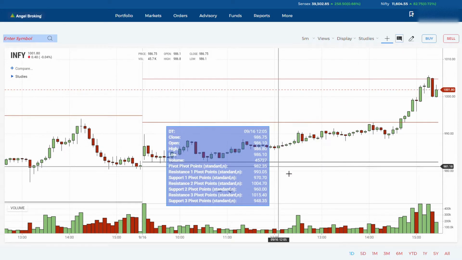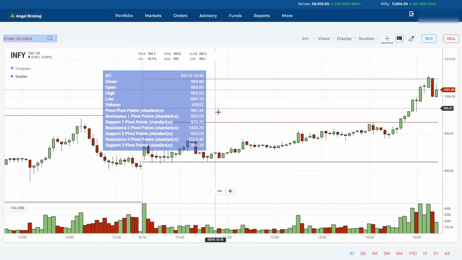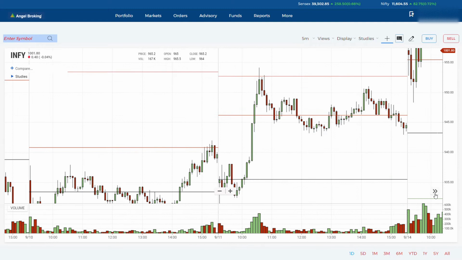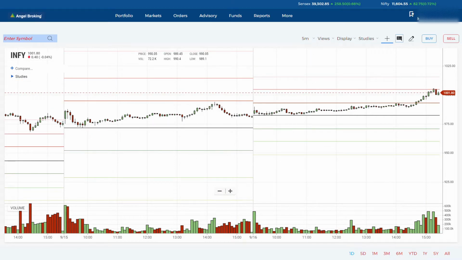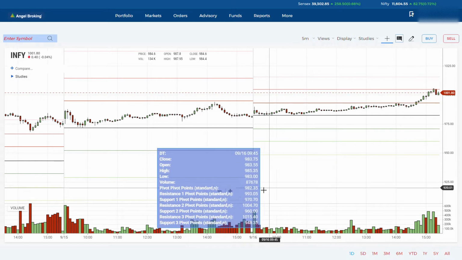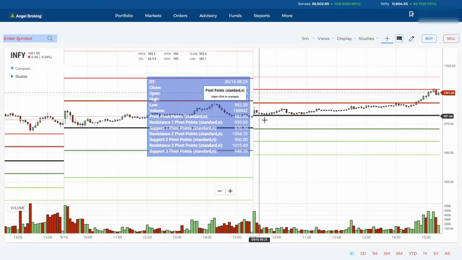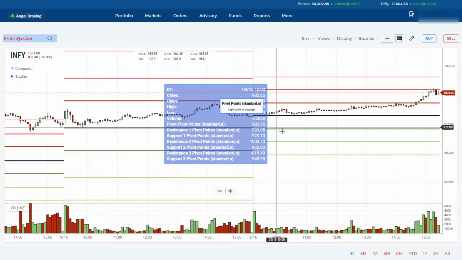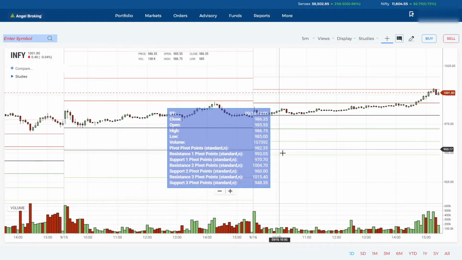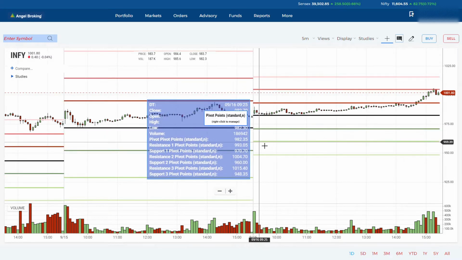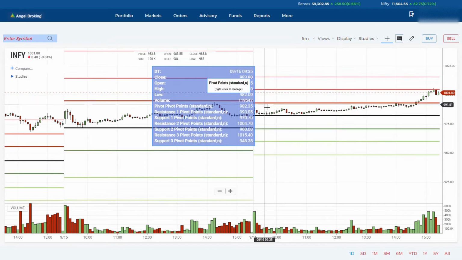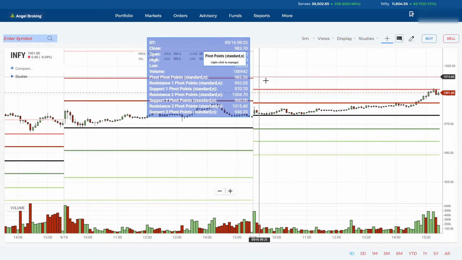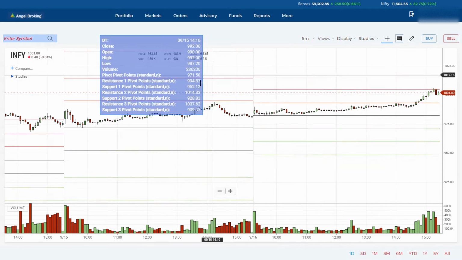If you analyze today's chart, as you can see, we have different lines. You can see one black colored line here, right? That is the pivot line. If you go below this black line, you see some green lines. The first green line is support 1, then support 2 and support 3. Similarly, above the pivot line, you see some red lines. This is resistance 1, then resistance 2 and resistance 3. These lines are derived from the previous day's trading.